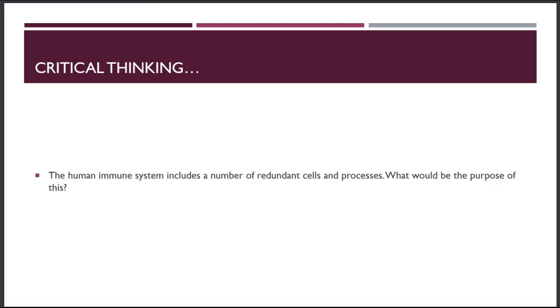So the human immune system includes a number of redundant cells and processes. What would be the purpose of this? So think about what you've learned so far about microorganisms and how the body responds to infection. Why would the body have a number of redundant processes in order to address infection? Once you come up with a good response, go to the next slide and check